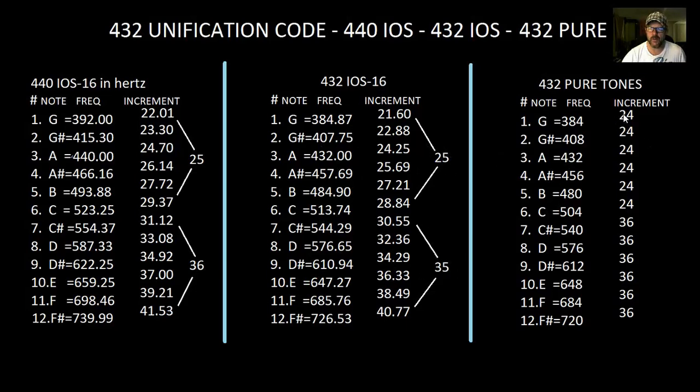So I eventually figured out that in order to go from 440 to 415, it's 24.7. In order to go from 440 to the A sharp, the 466, there's 26. And so I did that with this one too, and I got a 24 and a 25. So I spent 2 weeks, 10 hours a day on this, and I eventually came up with the